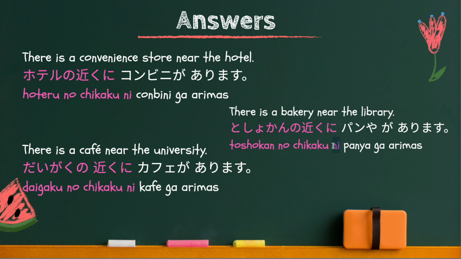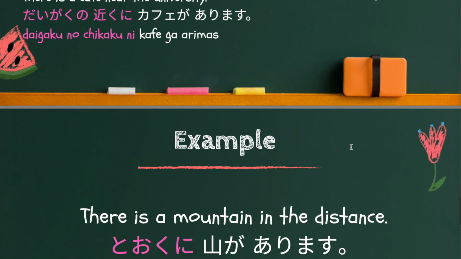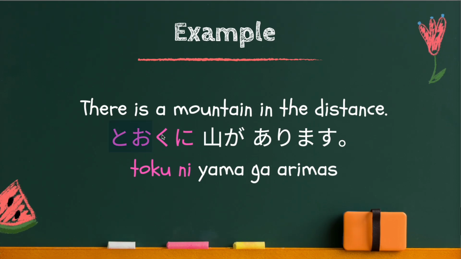So now I will read the sentences, so please repeat after me. ホテルの近くにコンビニがあります。大学の近くにカフェがあります。図書館の近くにパン屋があります。はい。So, lastly, we will focus on one more location word, which is 遠く。So, let's go back to the list of